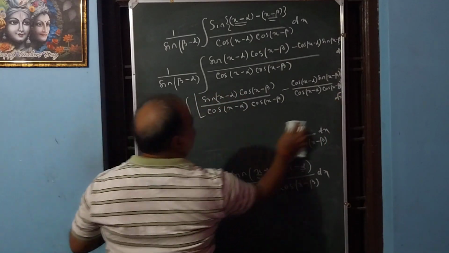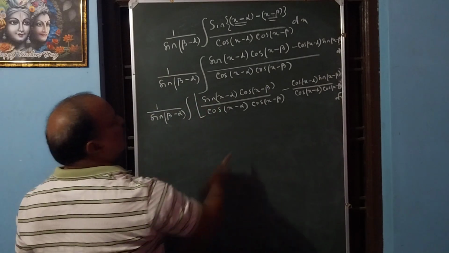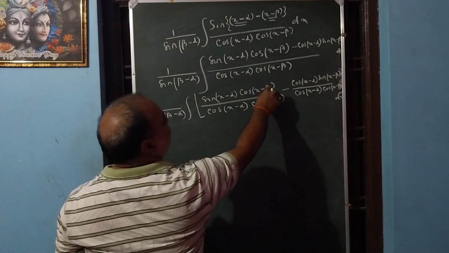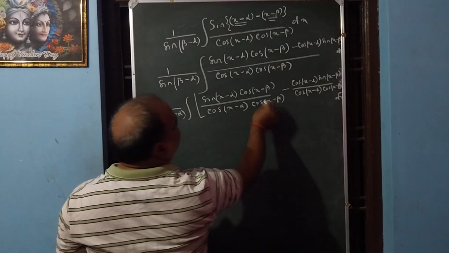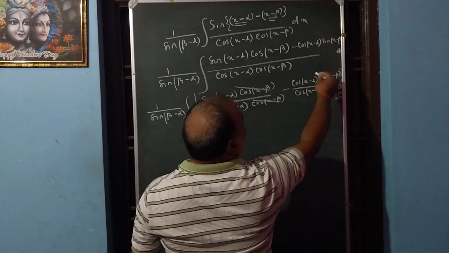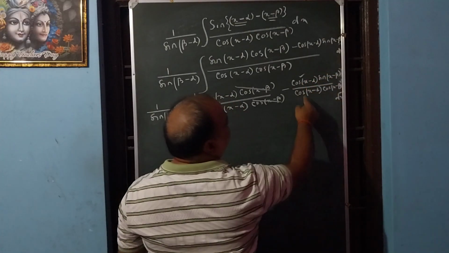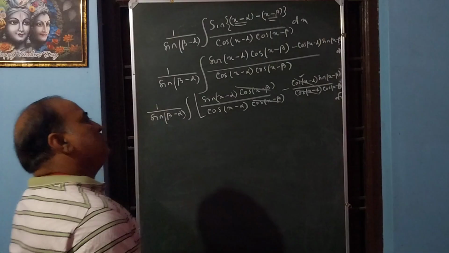This can be written as: so here in the numerator cos(x minus beta), here in the denominator cos(x minus beta), so this cancels. So here in the denominator cos(x minus alpha), and in the numerator cos(x minus alpha), this will be cancelled. So we get